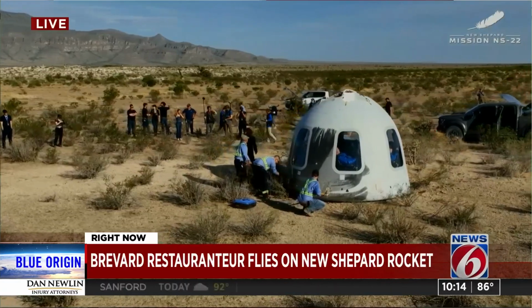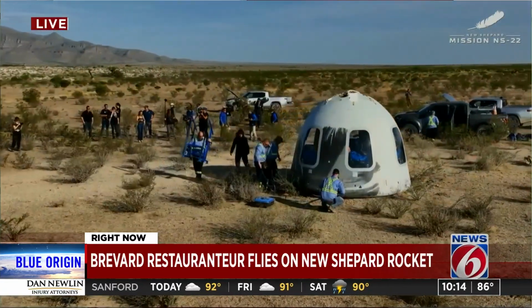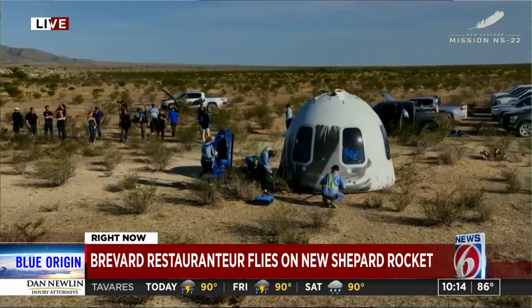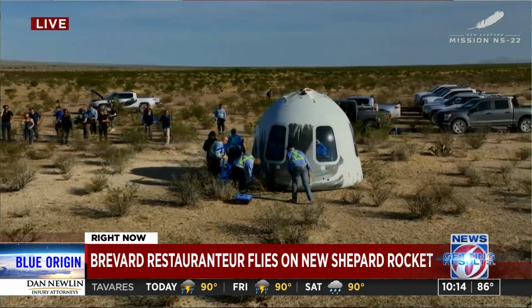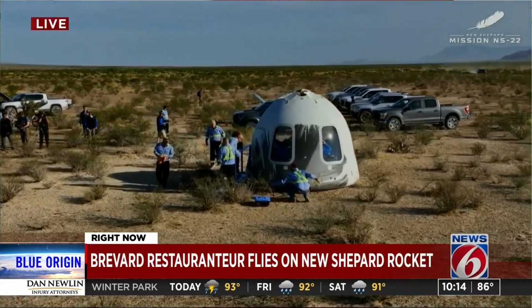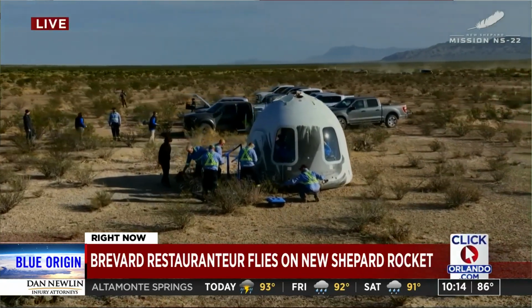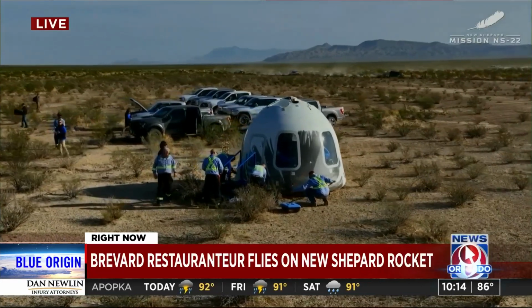Could you imagine just seeing Earth from up above? You heard one of them comment about just the utter darkness. I can't even imagine what that was like. I remember when William Shatner went up, he was just speechless about that experience, and it's almost indescribable and yet exhilarating at the same time. So we can only imagine what the crew of the Titanium Feather will say when they